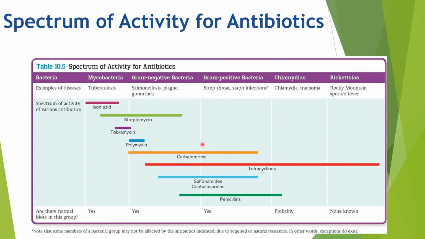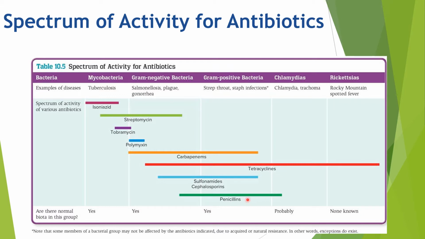It can target both gram-negative and gram-positive bacteria. Tetracycline is also another broad spectrum antibiotic, and tetracycline targets the protein synthesis of the bacteria. It inhibits the protein synthesis of the bacteria by actually targeting the ribosome, specifically the 30S subunit of the bacteria's